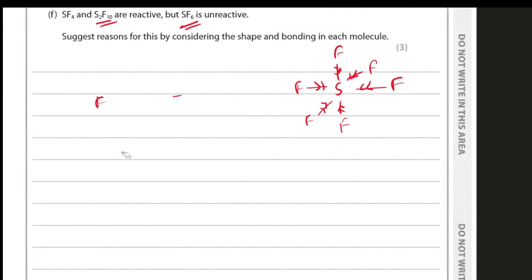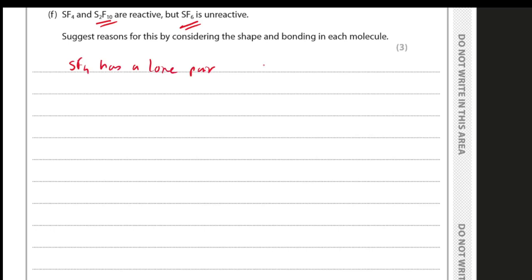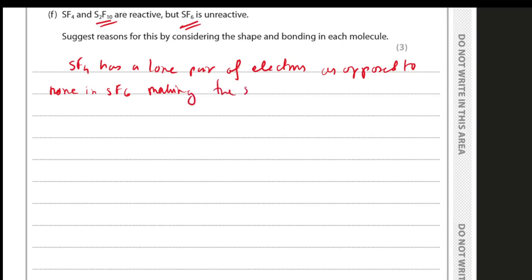So since we have jumbled out all the logic in our brain, we can now easily summarize and say that SF4 has a lone pair of electrons as opposed to none in SF6, making the sulfur atom more reactive than